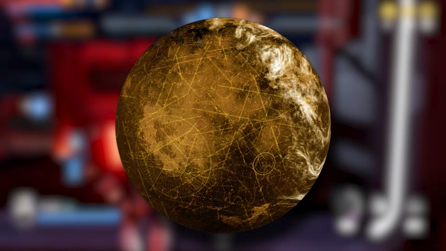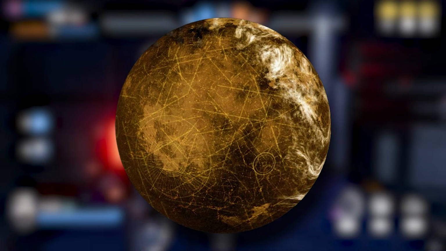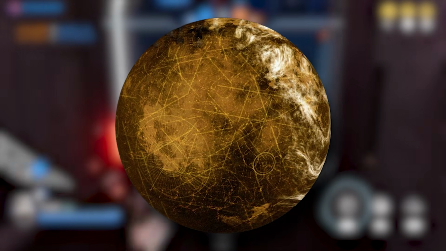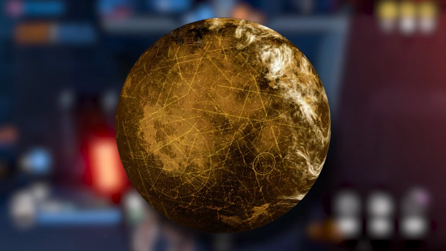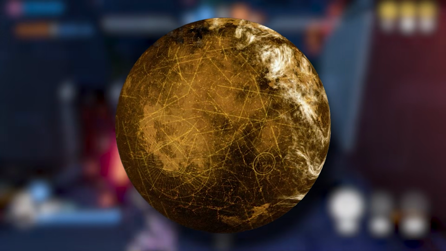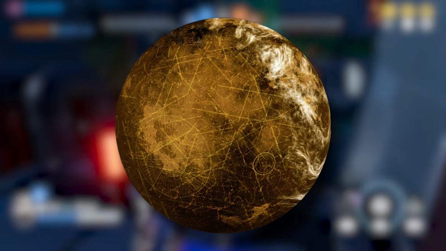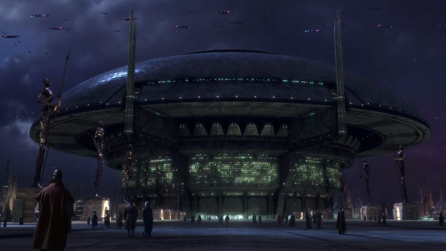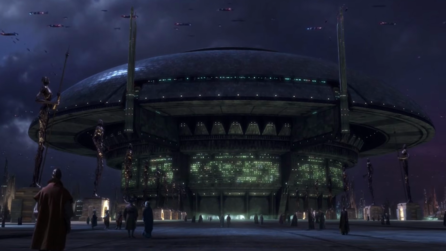Coruscant, as one possible birthplace for humanity as a species, had already exploded in population, and while it didn't quite look like the pure cityscape we see on the Ecumenopolis in more modern times, at least some areas of multi-layered cityscape existed for tens of millennia already. Iconic landmarks like the Senate Tower were present from these earliest days.